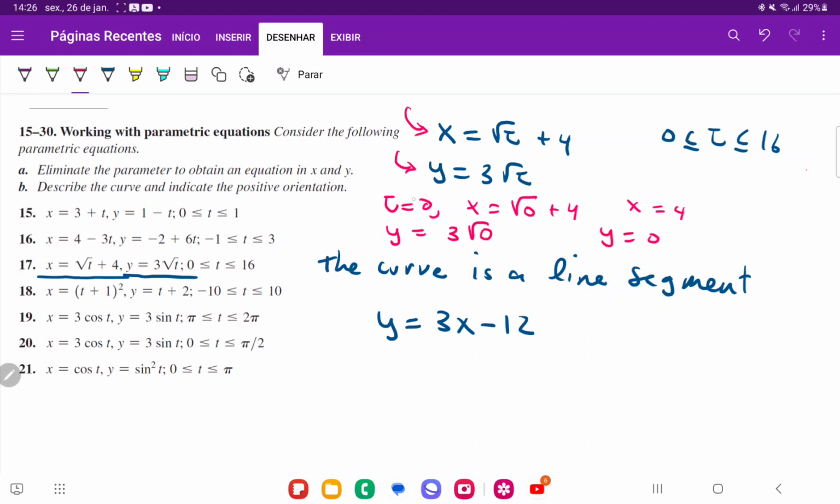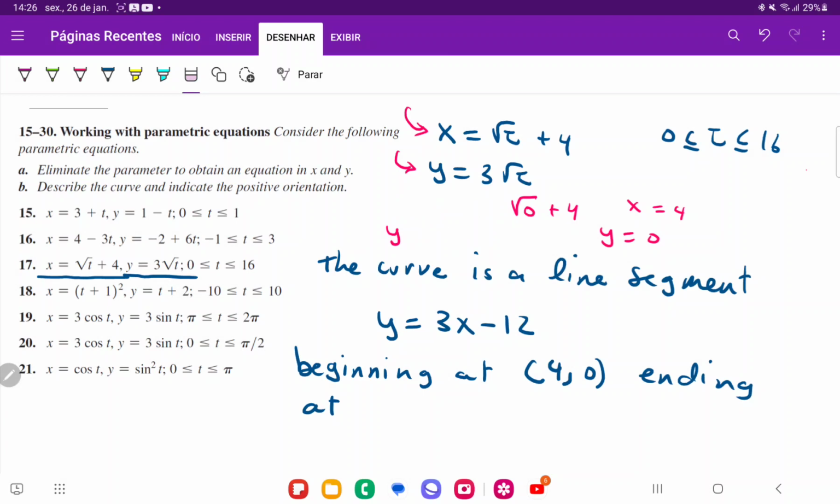So that's the starting point. When t is equal to 0, we begin at x is equal to 4 and y is equal to 0. So beginning at the point, x is equal to 4, y is equal to 0, and ending at,